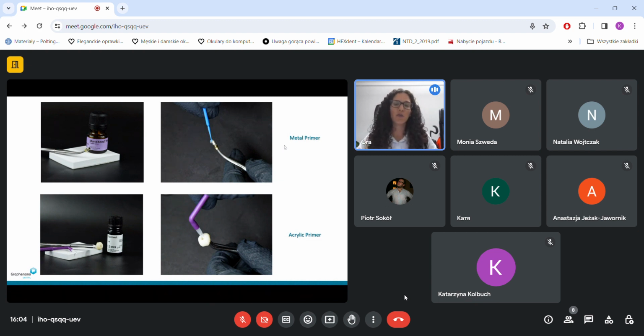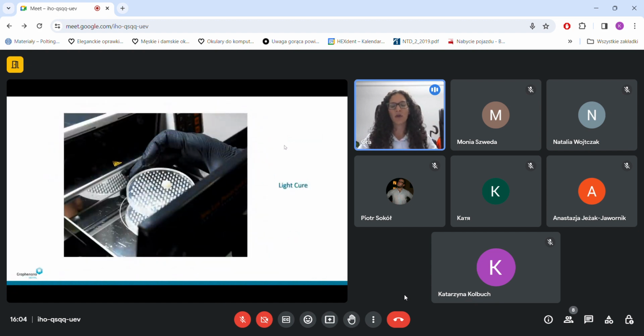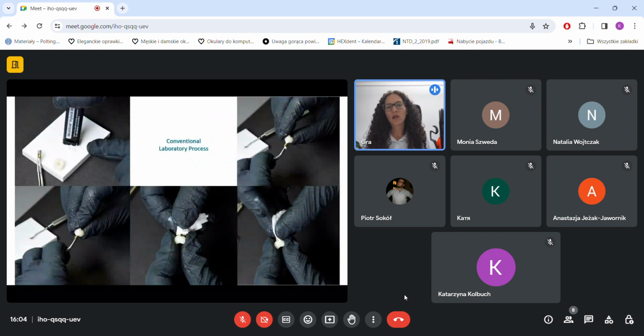In case of the Multilink, we are going to use the Monobond for the metal and the SR Connect for the G-CAM restoration, okay? We put a thin layer, and after the thin layer, remember to light cure the primer, and then we use the conventional process, okay? We place both materials, we mix correctly, put the cement inside the crown and fix correctly the T-base in the